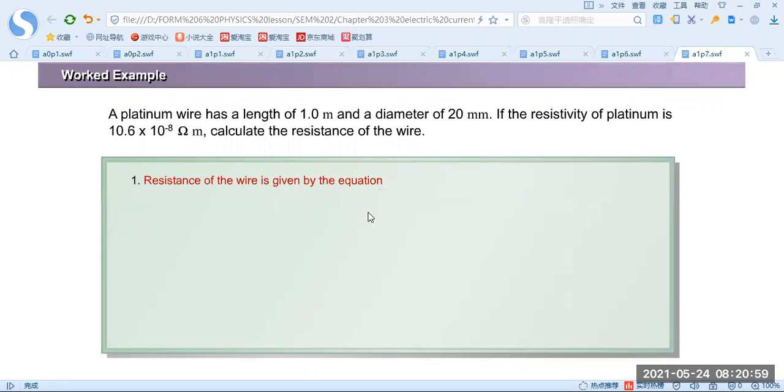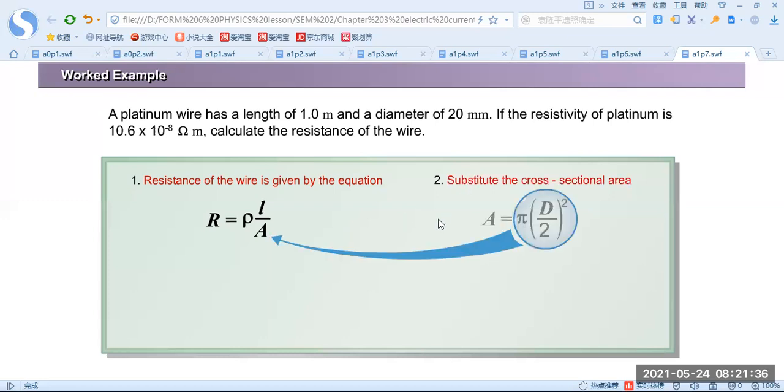A platinum wire has a length of 1 meter and a diameter of 2 mm. If the resistivity of platinum is 10.6 × 10^-8 ohm meter, calculate the resistance of the wire. This means that resistance is equal to resistivity times L over A. So we use the formula R equals resistivity times L over A, and the